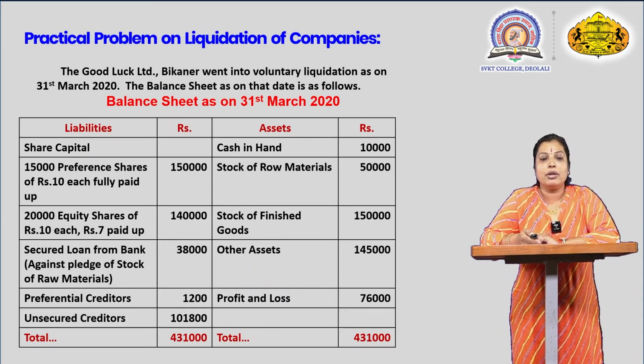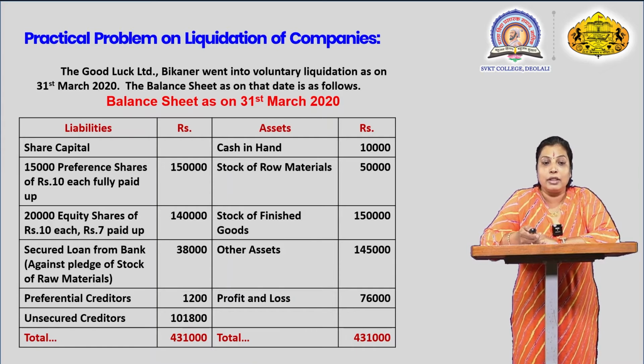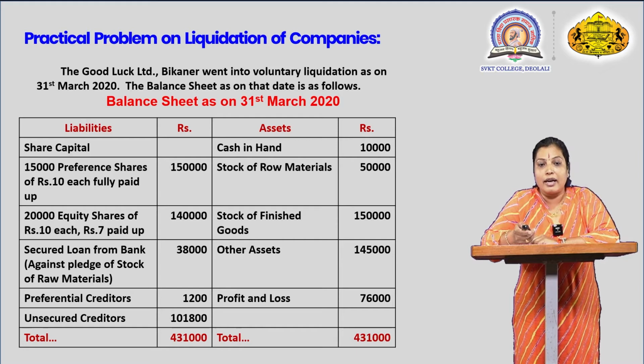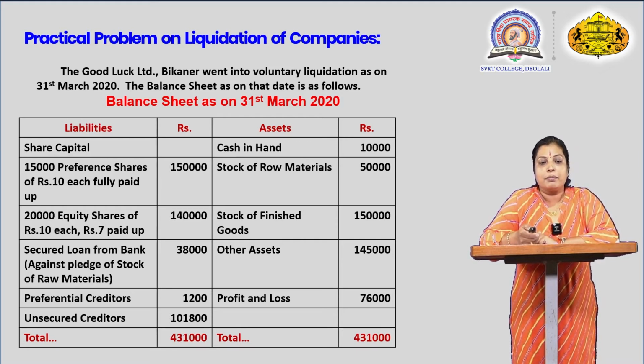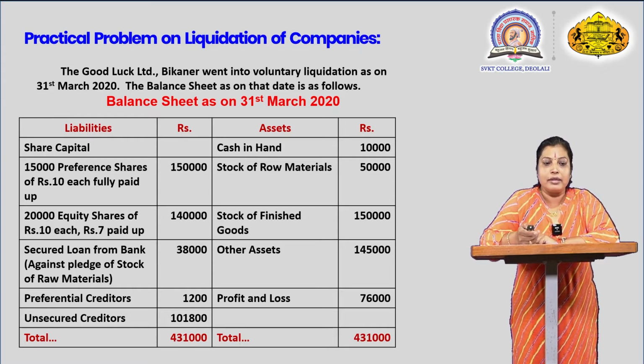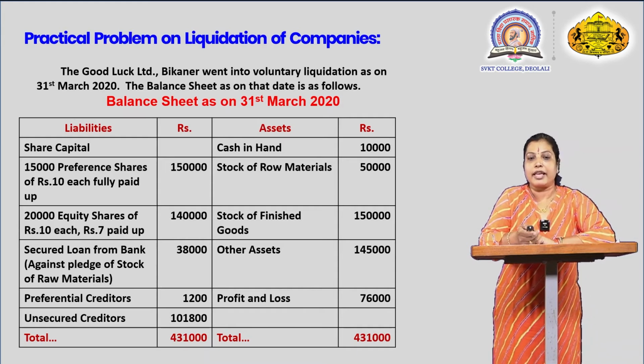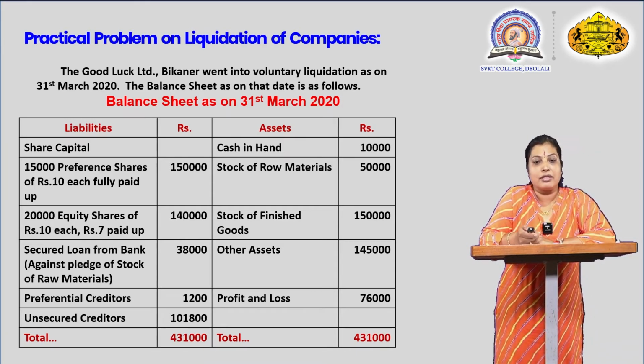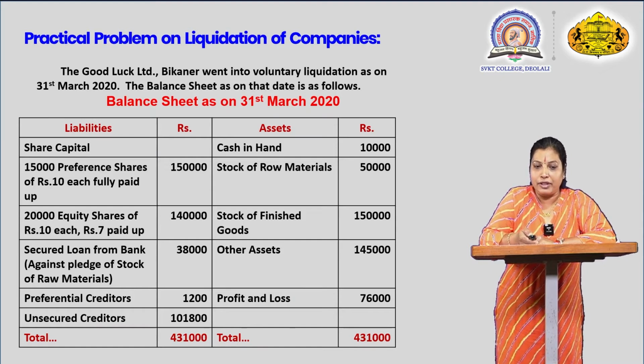After that, secured loan from bank. The loan was taken from the bank against the stock of material which is on the asset side. We will see this in the next solution. Next is preferential creditors 1,200, unsecured creditors 1,01,800, and on the asset side cash in hand, stock of raw materials 50,000, against which the loan from the bank is rupees 38,000. After that, stock of finished goods 1,50,000, other assets 1,45,000,